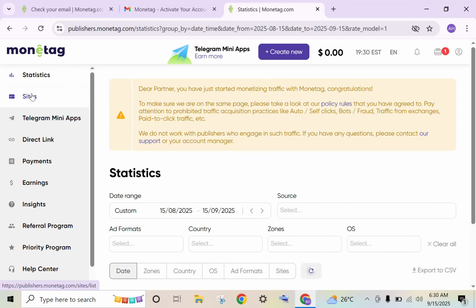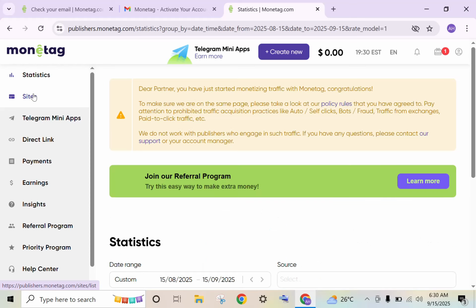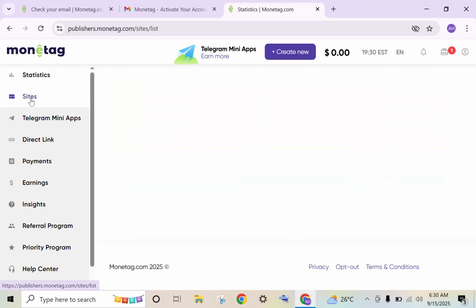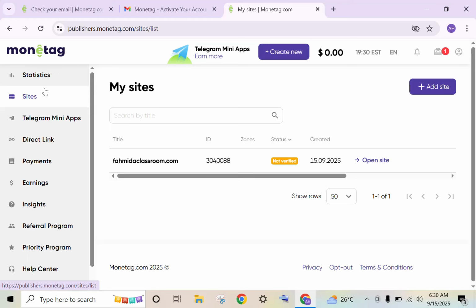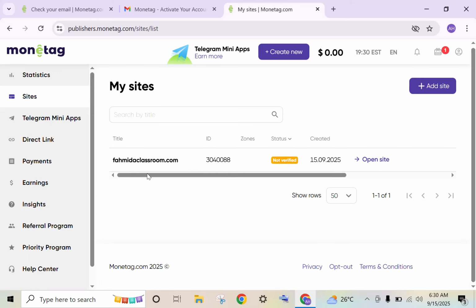This is where you can add your website for monetization. If you want one or more websites for monetization, then you can go to this tab and add your website. Here I have added one website, and